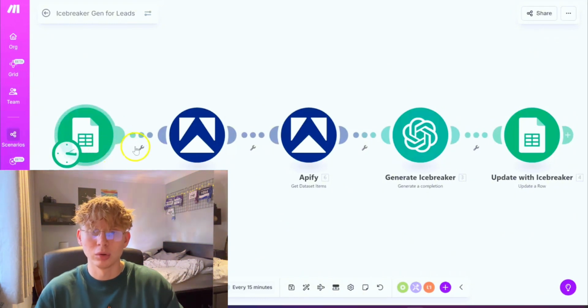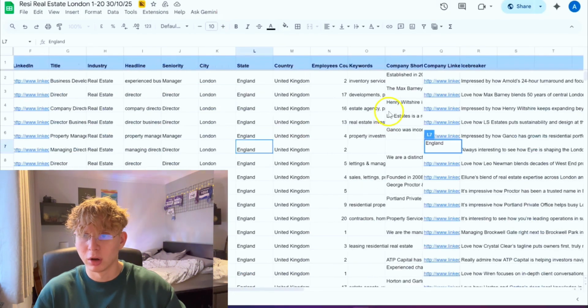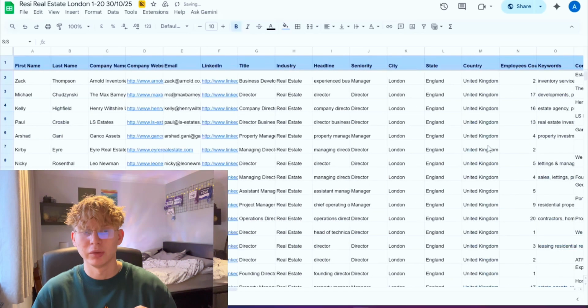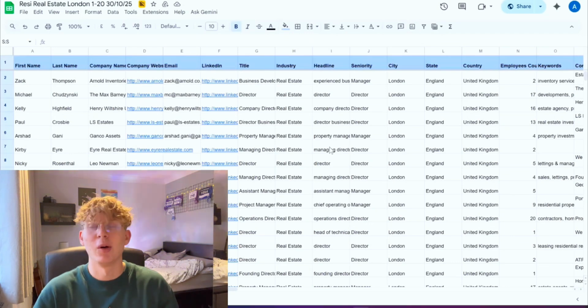So I've got a Google Sheet right here. I'm clicking to it, and this is what it is. Let me just go ahead and hide column R. I'll show you that in a minute. Essentially, this is my CSV file of leads, and me personally, I scrape my leads from Apollo. You know, they don't want to hear me say that because obviously they've been doing their best to block all scrapers. But I do scrape them from Apollo.